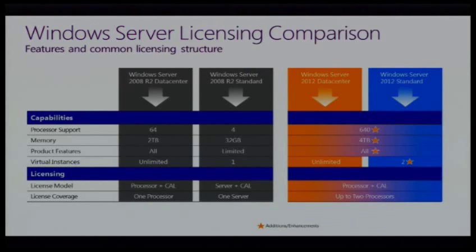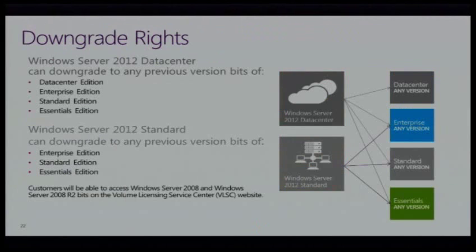Both Windows Server 2012 Data Center and Standard Edition include several improvements to their capabilities and licensing. While with Windows Server 2008 R2 Data Center and Standard Editions had different capabilities, in Windows Server 2012 both editions share the same improvements in capability. Both editions benefit from the same increased processor support and memory and other features, and again, are only differentiated by virtualization rights, offering the same premium feature set in both Standard and Data Center licenses.